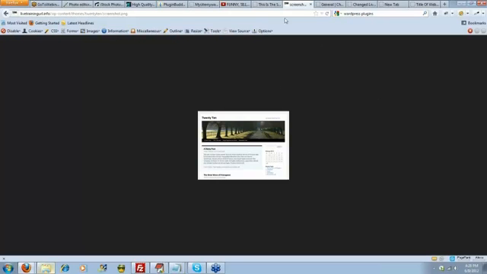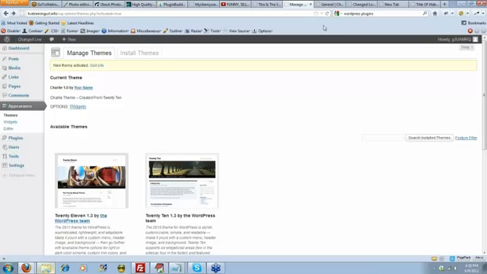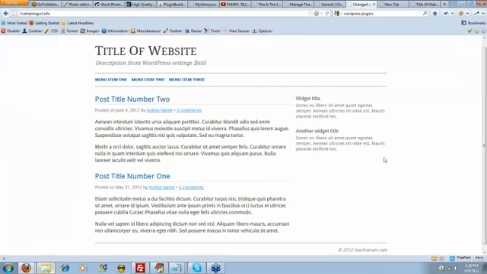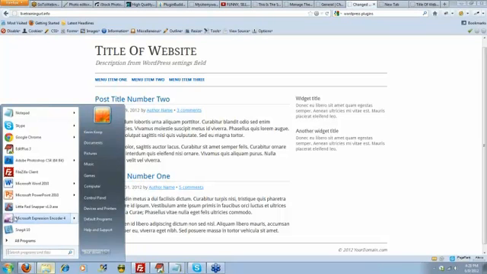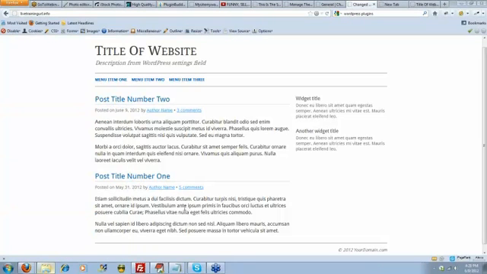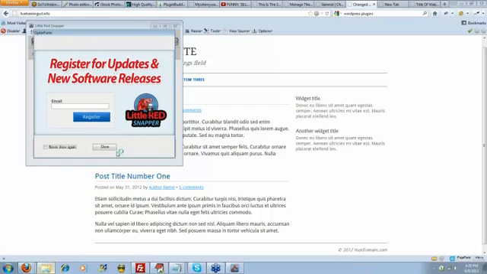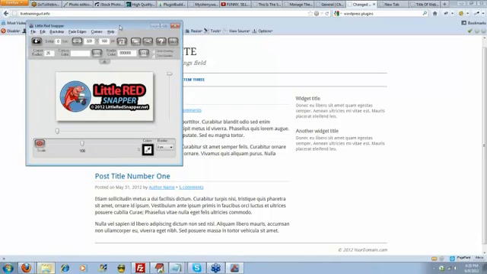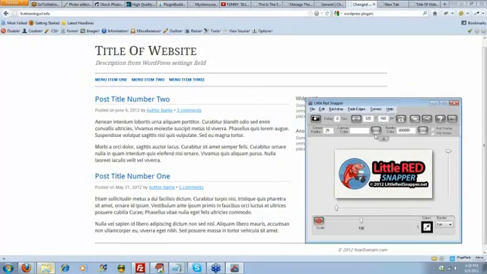We'll go back to my demo site, and I think I can bring up, we'll see, a new little piece of software that my buddy Dave told me about, called the Little Red Snapper. Now, you don't have to use this tool. You can use any screenshot facility, but this makes it pretty easy to do this, so I'm going to use